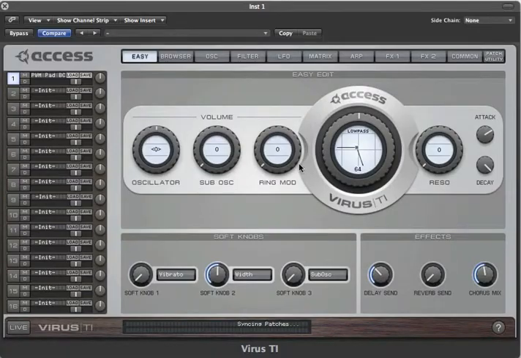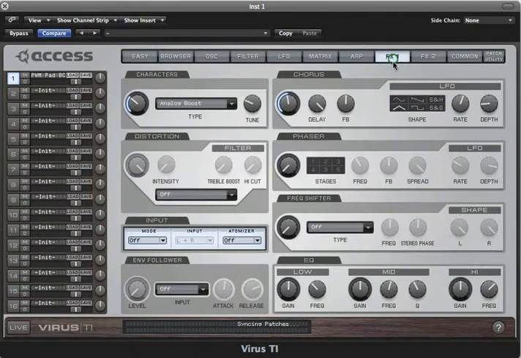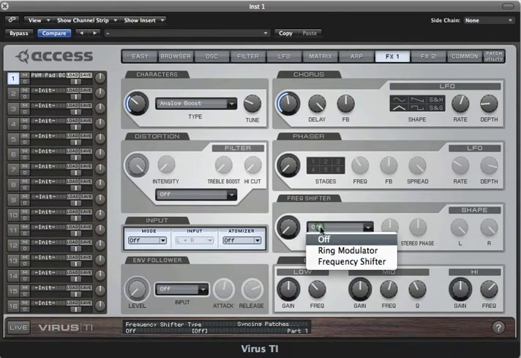So let's have a look at the brand new frequency shifter effect which comes with OS 3.0 for Virus TI. You can find it here in the FX1 page, just below the phaser section here. Now there are actually two types of effect, a ring modulator and a frequency shifter, and I'll show you the